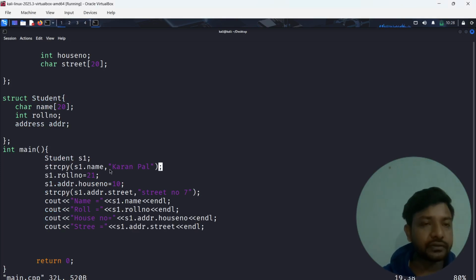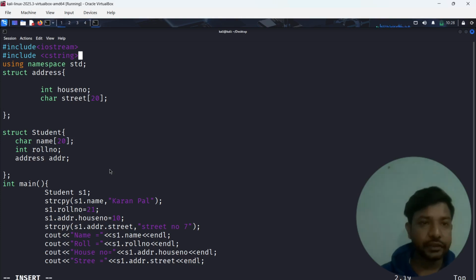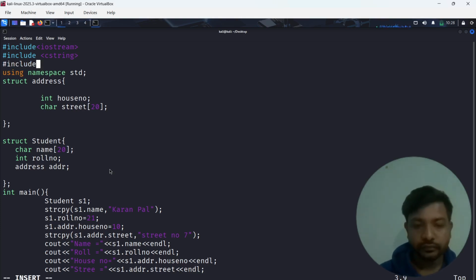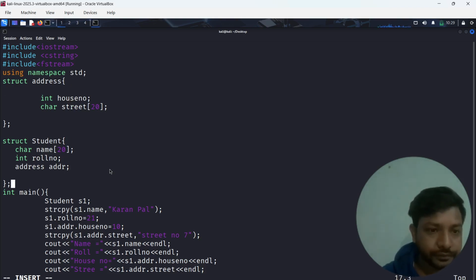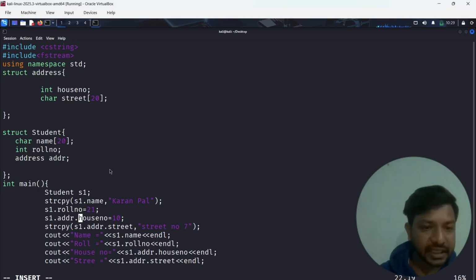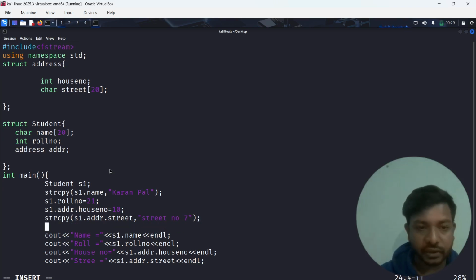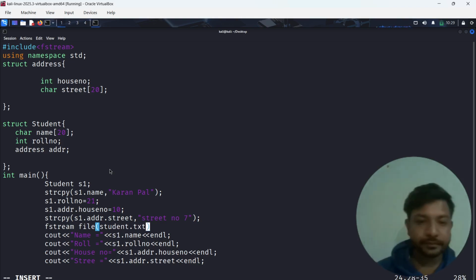ओके, सो फर्स्ट ऑफ ऑल हमें क्या करना पड़ेगा, एक हेडर फाइल इंक्लूड करनी पड़ेगी जो कि होगी हैश इंक्लूड एफ स्ट्रीम। ये हमारी हेडर फाइल है। नाउ अभी हमें क्या करना पड़ेगा, सबसे फर्स्ट ऑफ ऑल हमें एक फाइल ओपन करनी पड़ेगी। तो एफ स्ट्रीम नाम की क्लास से हमने फाइल नाम का एक ऑब्जेक्ट रखा, इसमें हम क्या करेंगे, स्टूडेंट डॉट टीएक्सटी नाम की फाइल होगी, अगर प्रेजेंट होगी तो ठीक है, अदरवाइज इट विल क्रिएट ऑटोमेटिकली न्यू।